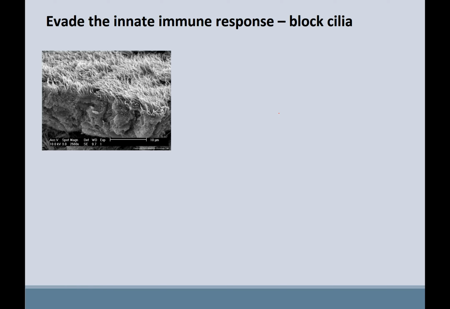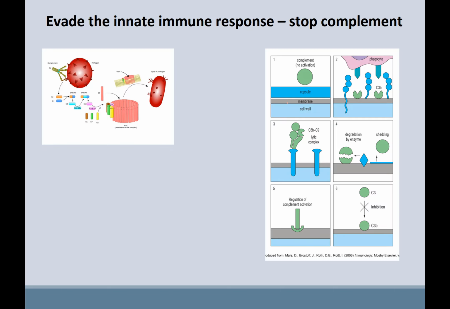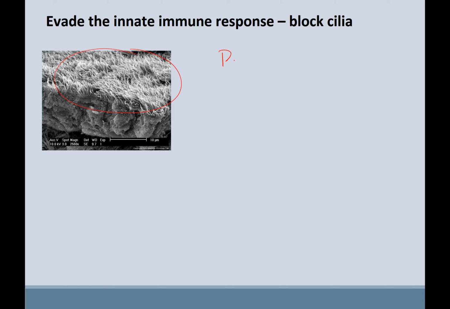Another way to evade your immune system is blocking the cilia. So remember, the cilia is lining your trachea. It's going to your lungs, and it has all these little hair-like projections that help brush things away. So a good example of this is the bacterium Bordetella